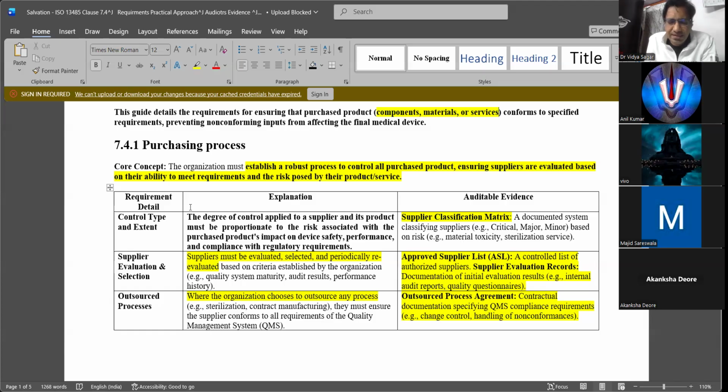You can look into a lot of examples. For me, I worked on class 3 medical devices mostly through my whole career. I worked on class 2B also. But if you look at class 3, suppose I have some implantable material that will be there in the body, a coronary stent or some heart valve.